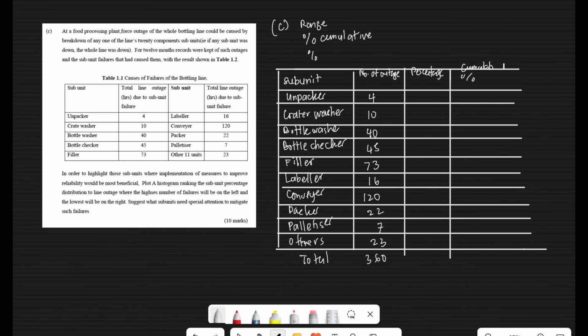Okay, so percent is this one divided by this and then times 100. Okay, so for this one, let me check calculator. 4 divided by 360 times 100. Yep, so that's 1.1%